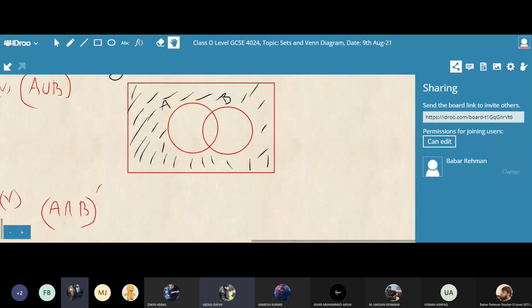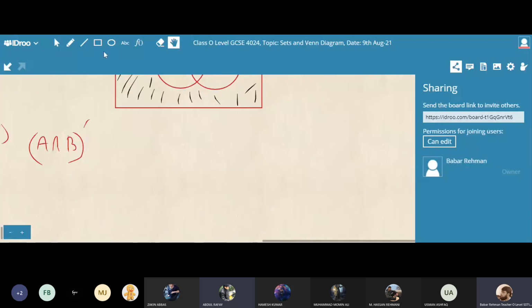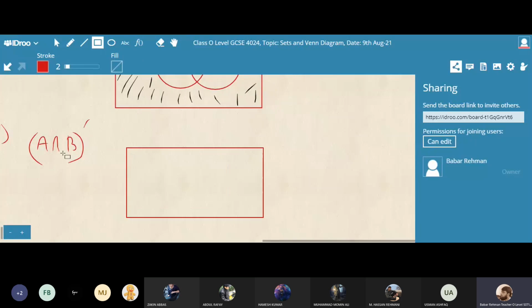सर वही डायग्राम बनेगी जो 4 पार्ट में बनी थी। So what is the difference if we draw the same diagram in 4 parts? What is the difference? Sir, the difference will be that the common part will be shaded. Common part will not be shaded because common is the answer, and the whole answer will not be shaded.